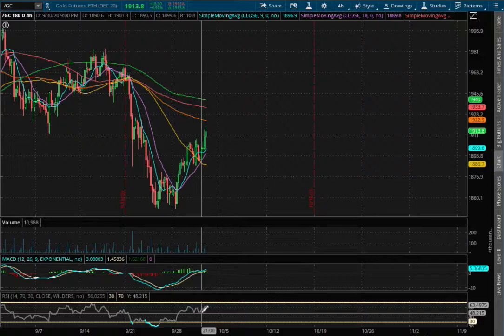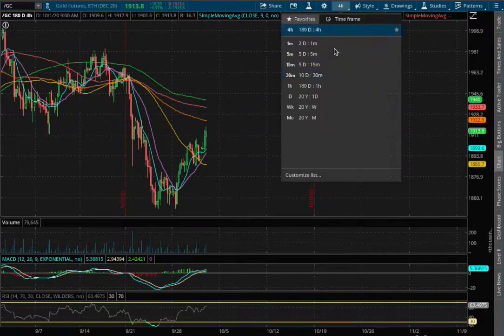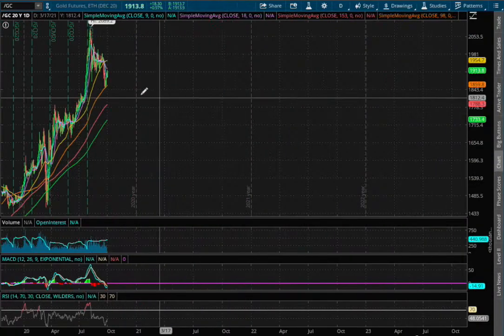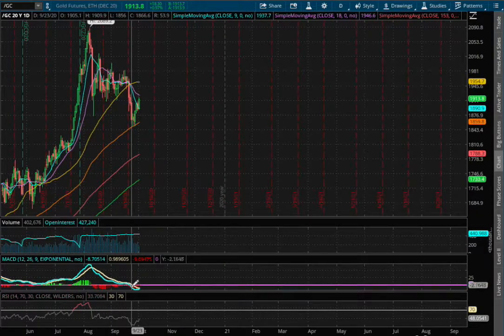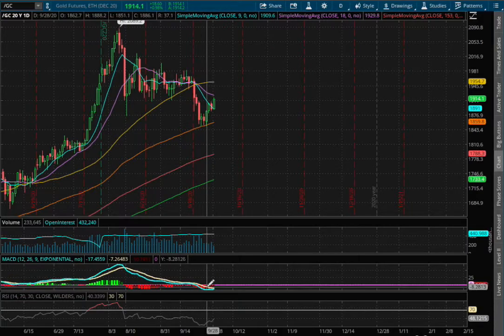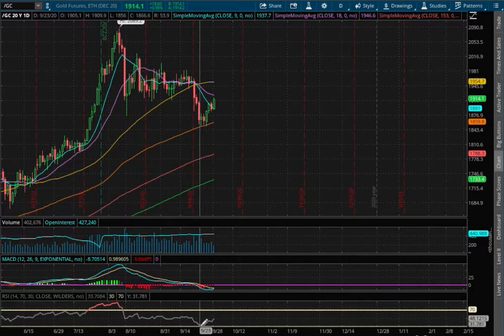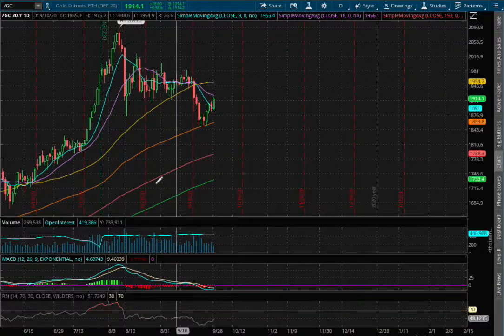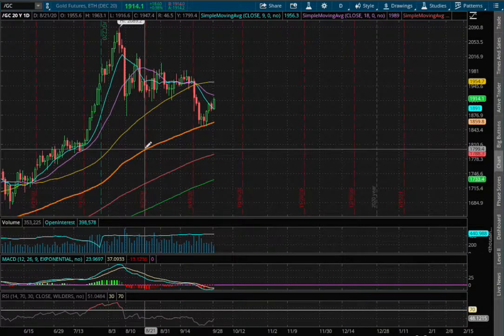If we expand that to the 4 hour chart, we are starting to approach a positive MACD and also nearing overbought on the RSI. If we extend that to the daily chart, we now approach a negative MACD and we're starting to see signs of it converging. And we are off of oversold levels on the RSI,